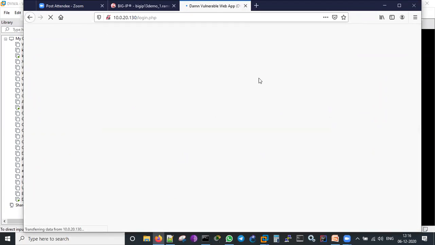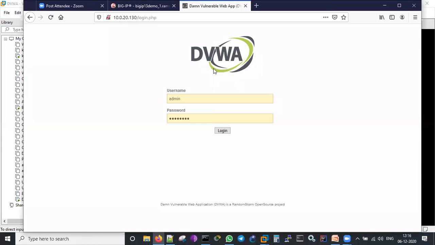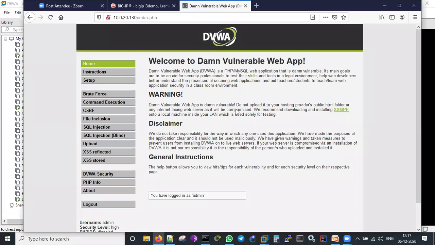This is a DVWA site, an application which we are running as a VM. Welcome to Damn Vulnerable Web App. It's a web application. What all can we do? Brute force, command execution, CSRF, file inclusion, SQL injection. Everything we can do here. Brute force.